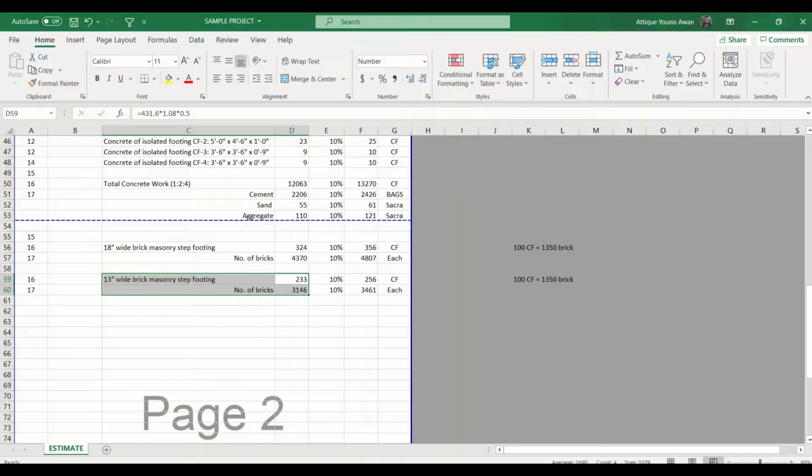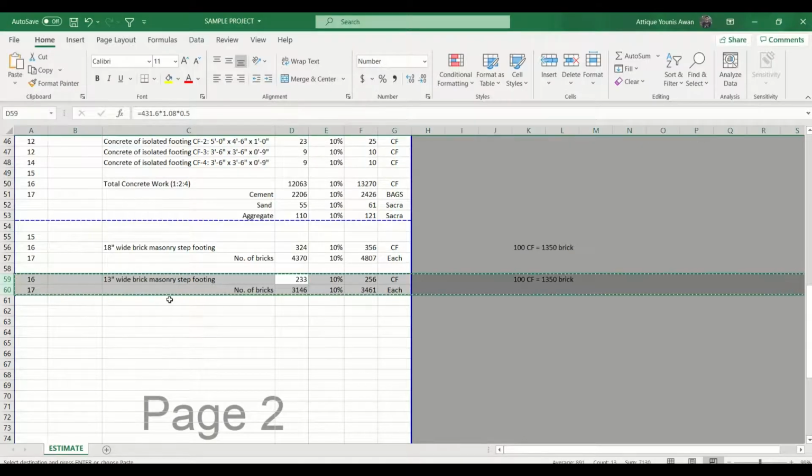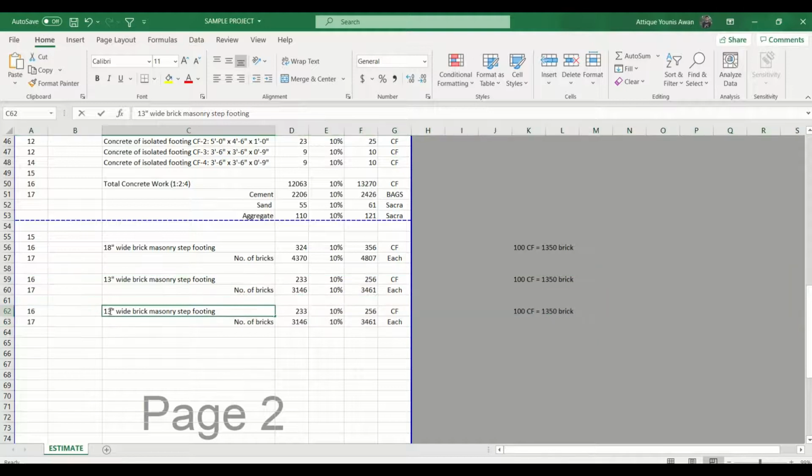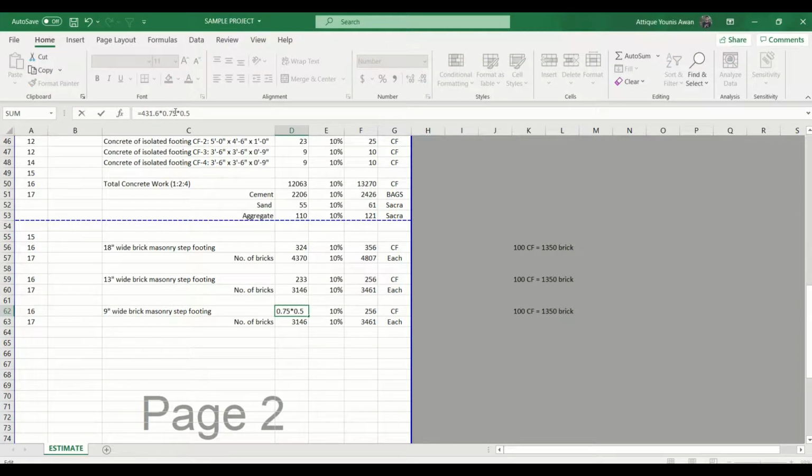For that we copy the lines again, and this time we have 9 inches wide brick masonry, with the same linear feet but a different width and height. The width is 0.75, while the height is 2 feet and 7 inches, 2.58. That gives us the number of bricks beneath the plinth level. That's how we are done with the brick masonry in the substructure of our building.